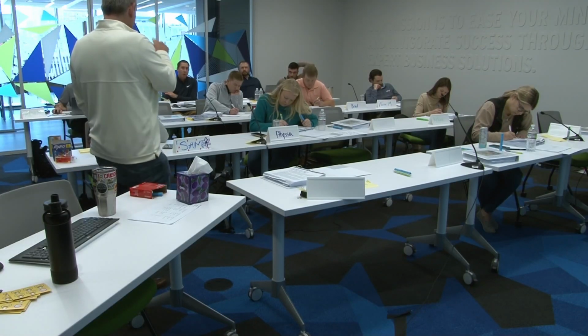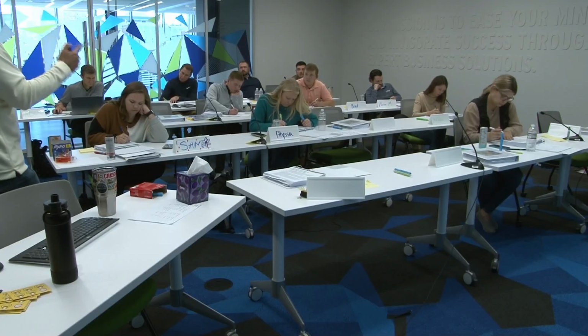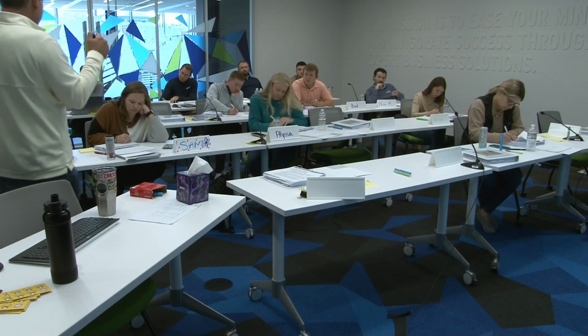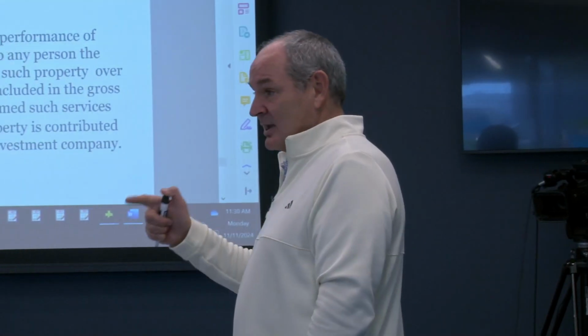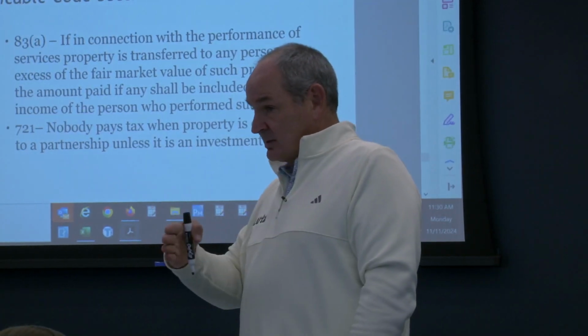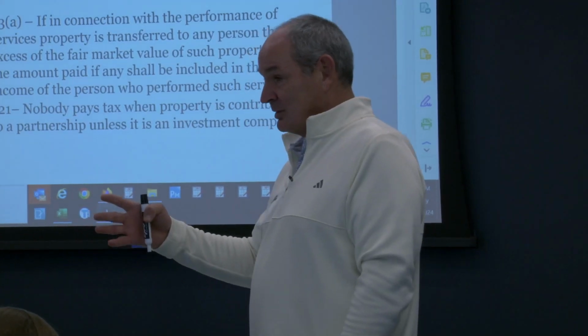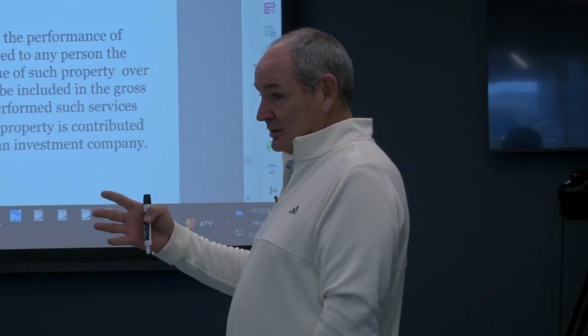Close though. It has to be within 30 days of grant. And if you miss that 30 days, is there any sort of relief for that? There's not. This is a completely bullshit rule. I don't understand why, and maybe they don't want taxpayers to get something on January 1st and watch the valuation for a year to figure out whether they want to make the election or not. But you have to make it within 30 days, and my best guess is they don't want to allow you to have a gauge as to whether this is appreciating or depreciating.